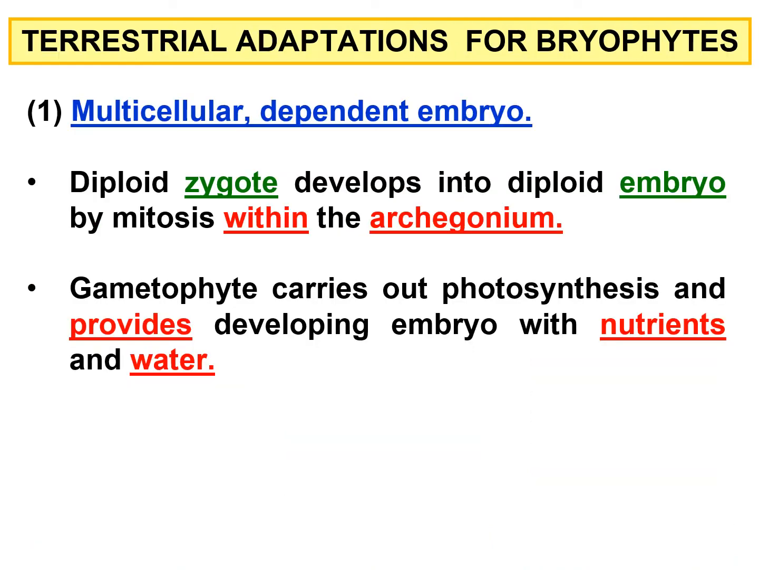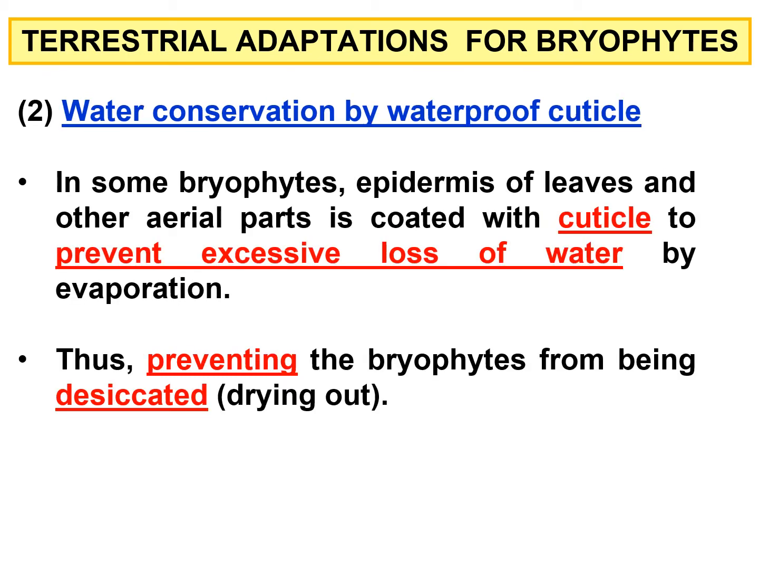So, bryophytes are all multicellular and dependent embryo. Diploid zygote develops into diploid embryo by mitosis within the archegonium. Archegonium is the female reproductive organ. Gametophyte carries out photosynthesis and provides developing embryo with nutrients and water. These are all characteristics that bryophytes have that make them able to survive in the terrestrial